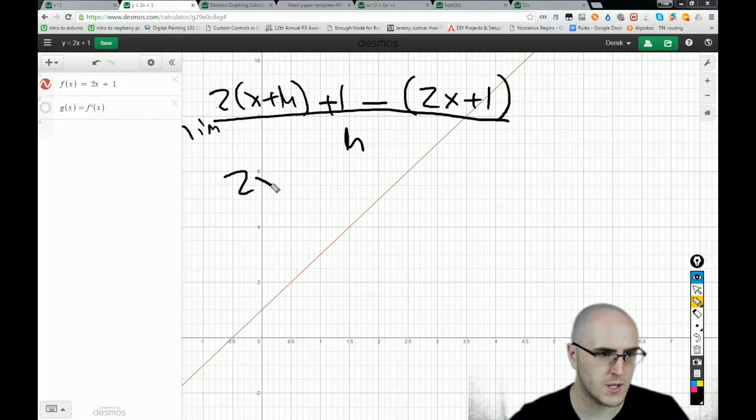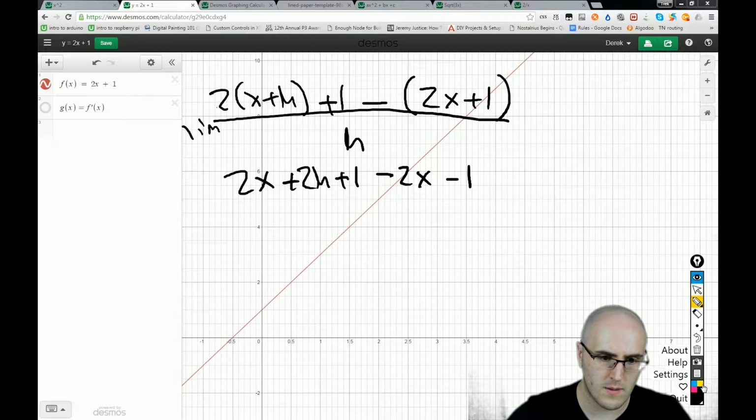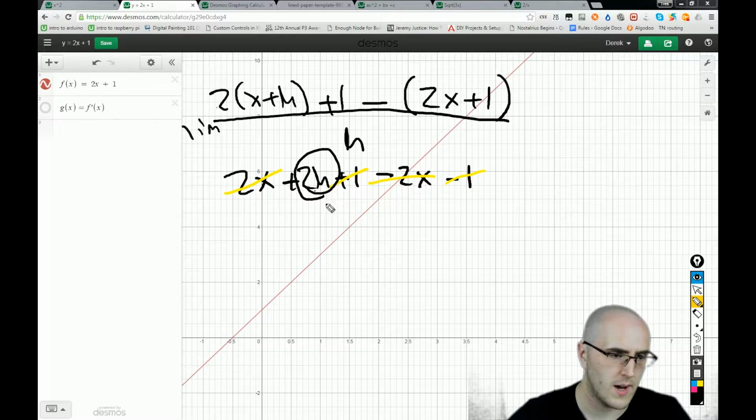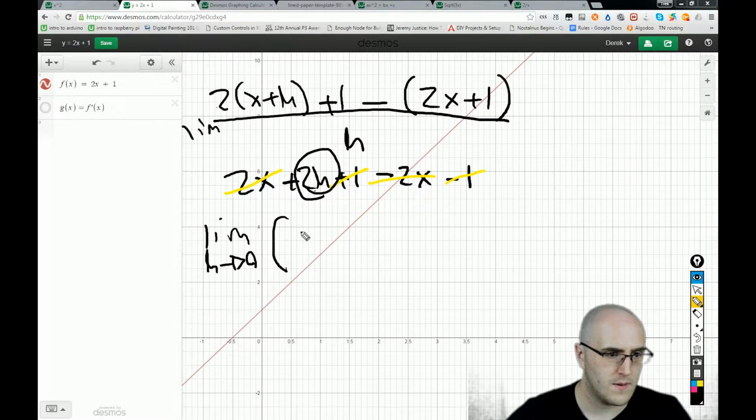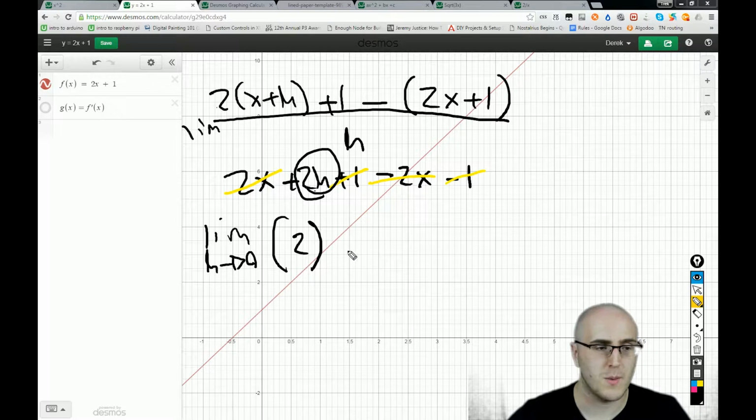Evaluate this out, we get 2x plus 2h plus 1 minus 2x minus 1. Well, our 2x's cancel, our 1's cancel, and we are left with 2h, which we can divide out the h and we end up with 2. So the limit as h approaches 0 of 2 doesn't even have an h, so we can automatically assume that that is the value 2, which is